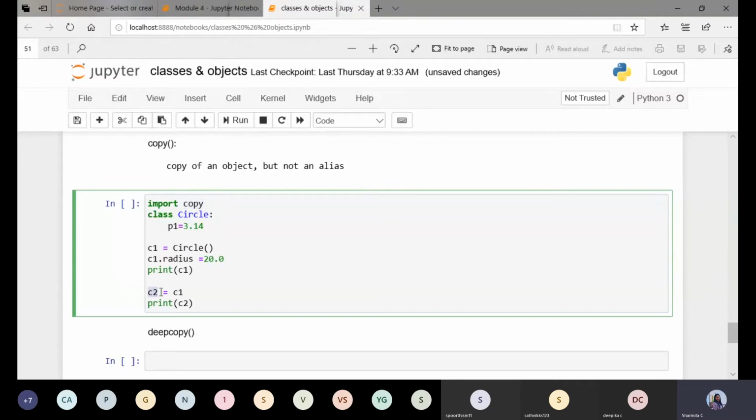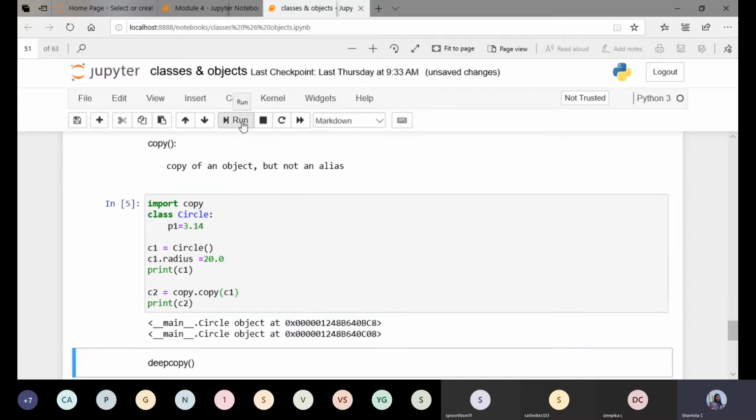Now I want to create an object C2 similar to C1. Use copy dot copy, and pass the parameter, that is C1. Copy the object C1 by using the package copy, and make C2 similar to the object of C1. After doing this, just run your program.